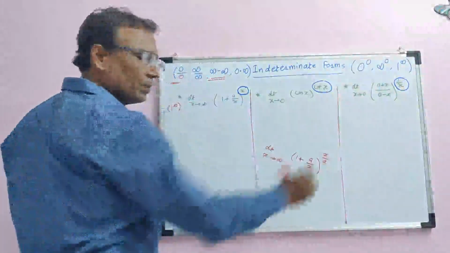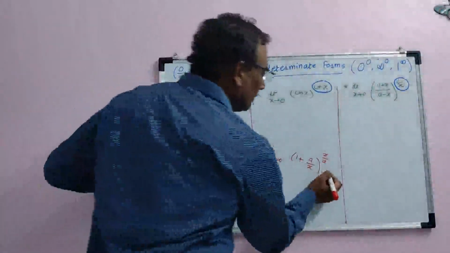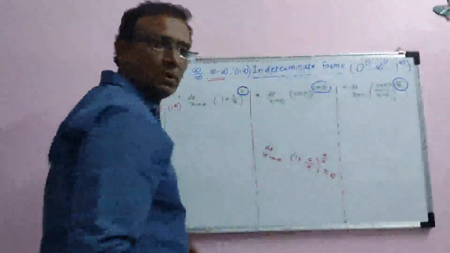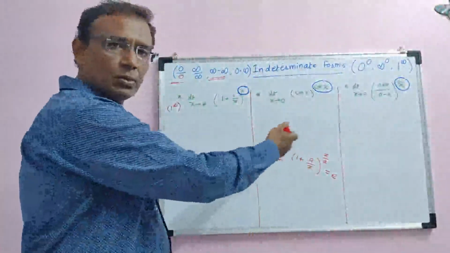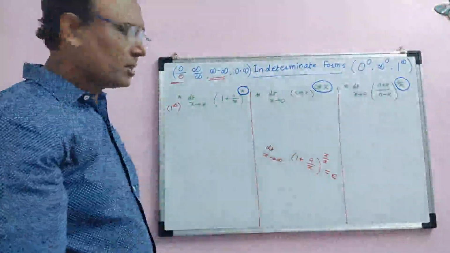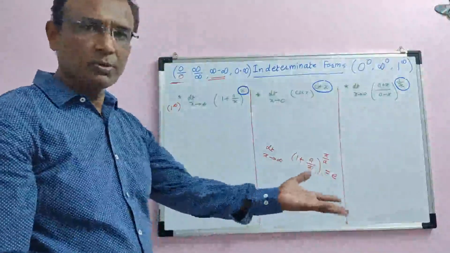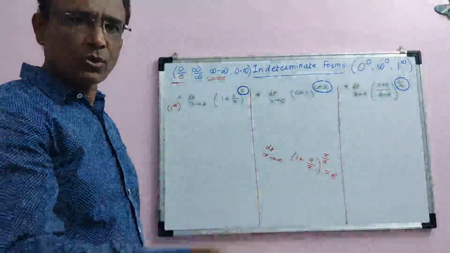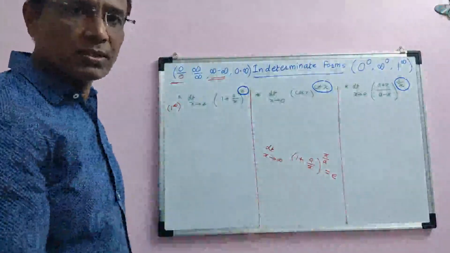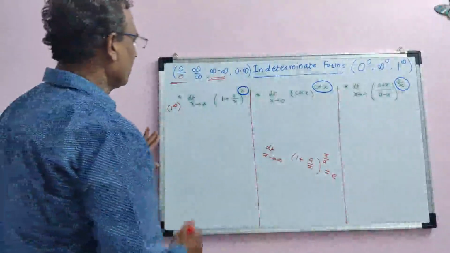Okay, exactly the reciprocal of this, and the value of this is e. You can apply L'Hospital's rule and use the procedure to solve it. But in short, I will tell you how to find the answer, because you are supposed to solve MCQs and select one of the answers.